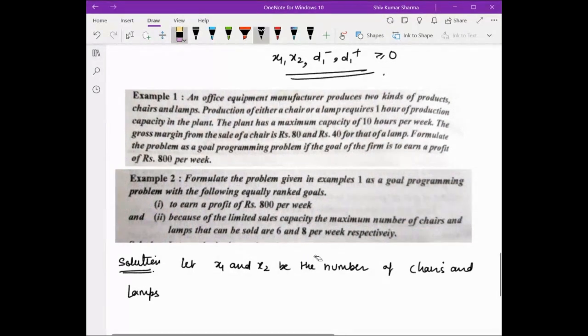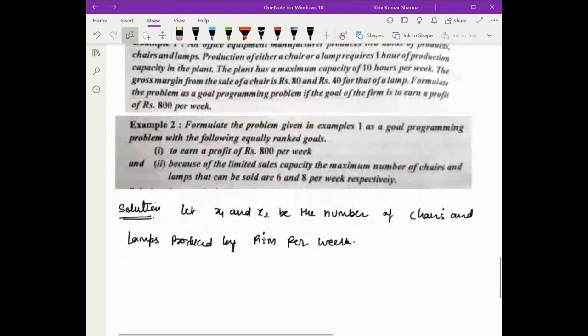We write it as produced by a firm per week. So the constraints of the problem